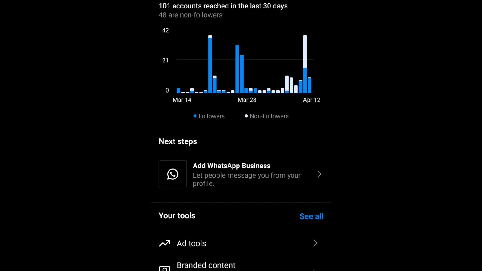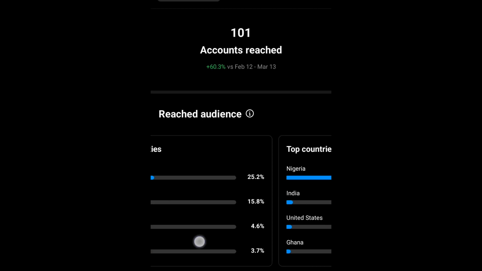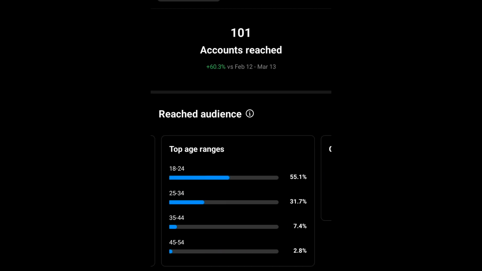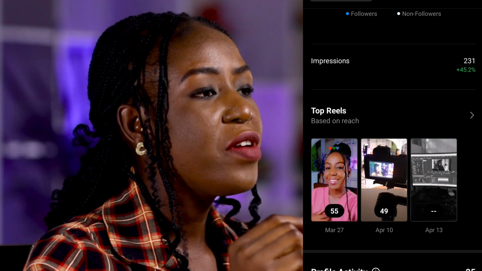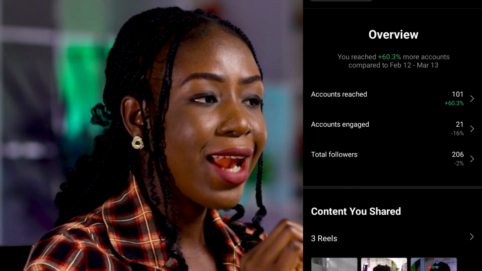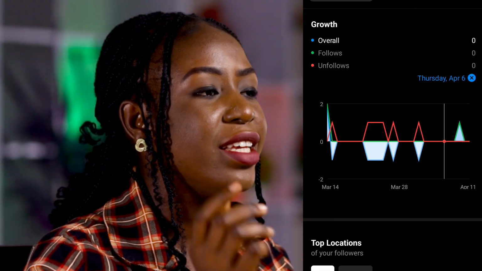Instagram Insights is an excellent tool for measuring the success of your content. To access insights, tap the 3 lines in the top right corner of your profile, then select Insights. From here, you can track various metrics like views, likes, comments, and shares, and gain valuable insights into your audience demographics. Then use this data to identify trends, understand what content resonates with your audience, and refine your reel strategy